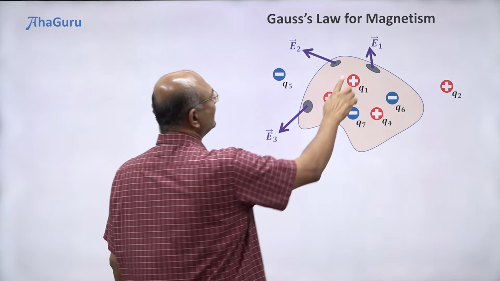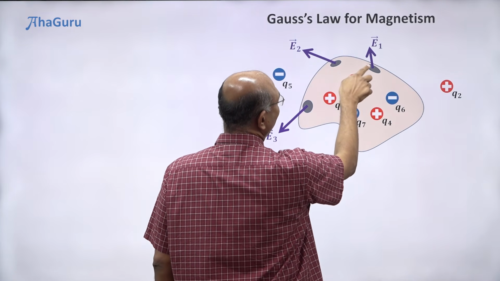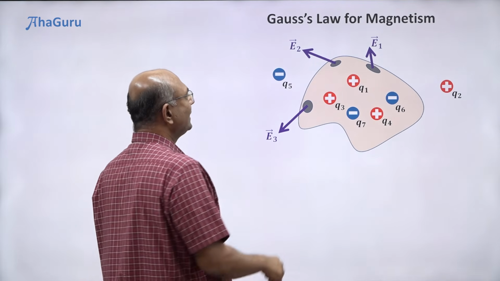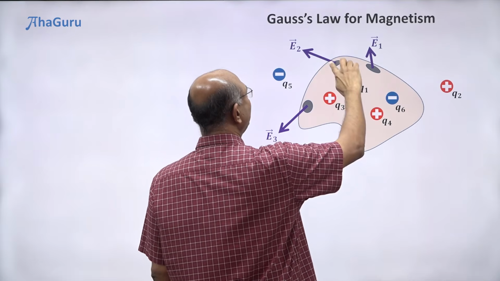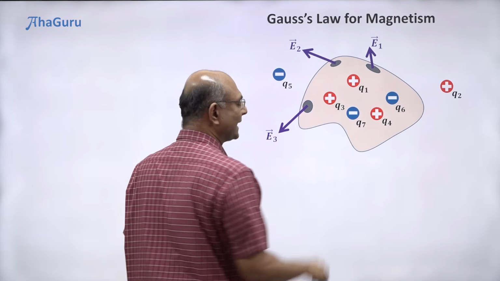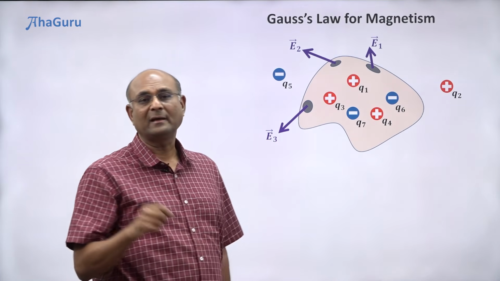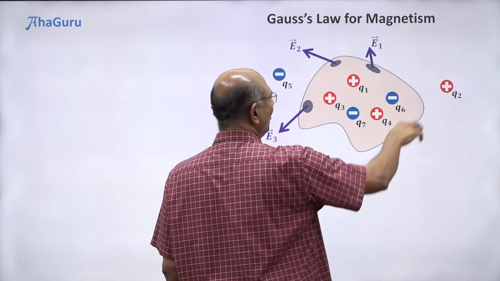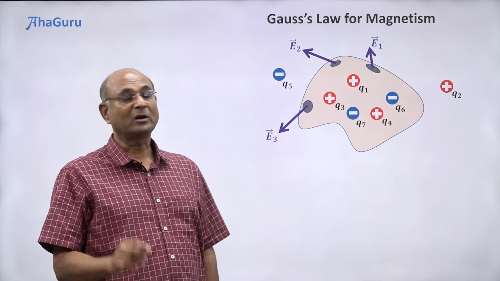Now if I take this E1 and do a dot product with the area vector for this tiny area ds1, that will be called the flux through this tiny little area. Similarly, E2 dot ds2 will be the flux through this tiny piece. Similarly, E3 dot ds3 will be the flux through this tiny little piece. And if I add up all the fluxes for the entire surface area,